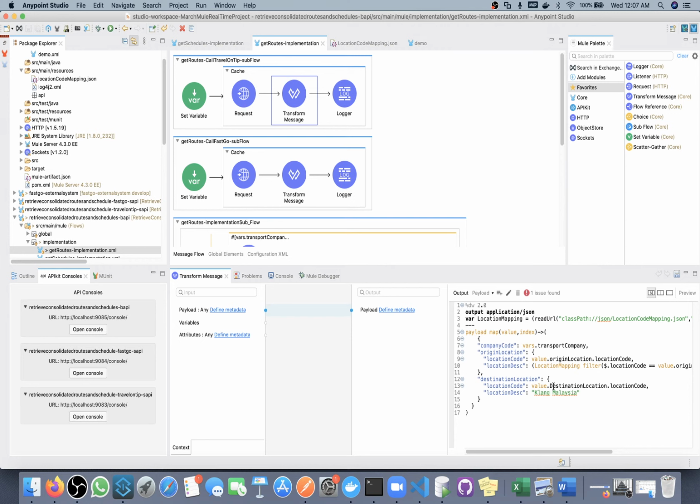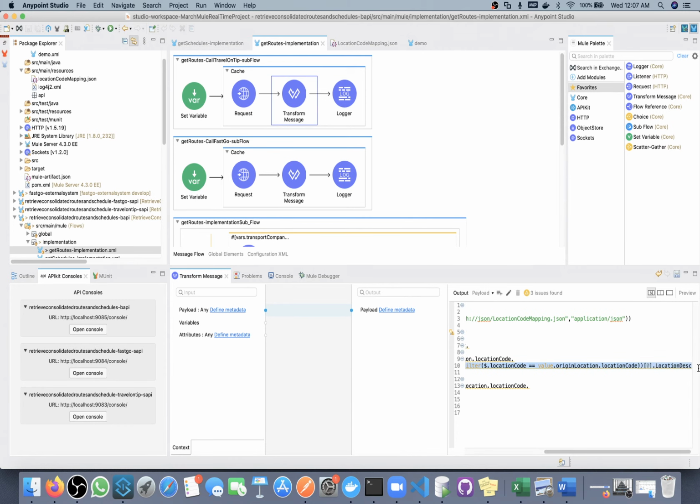Value, okay, this should be small. So this one should be destination location code. So for this also we can directly now use this. So this one is working fine.